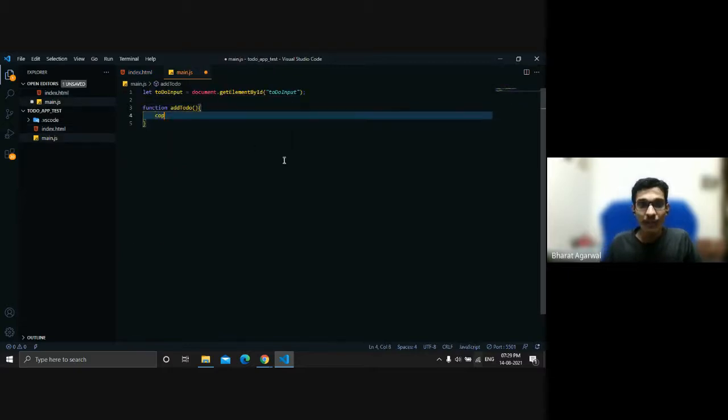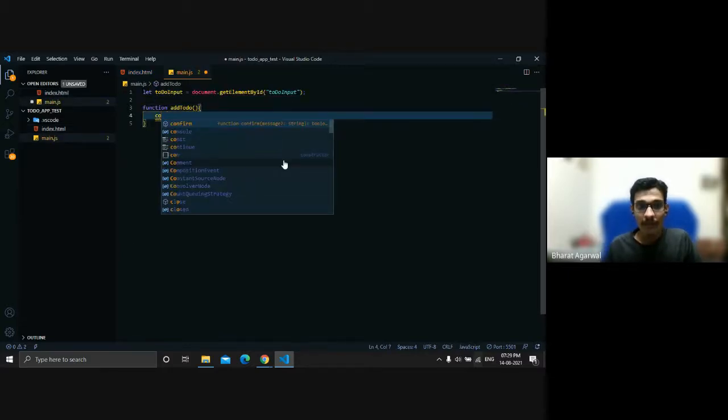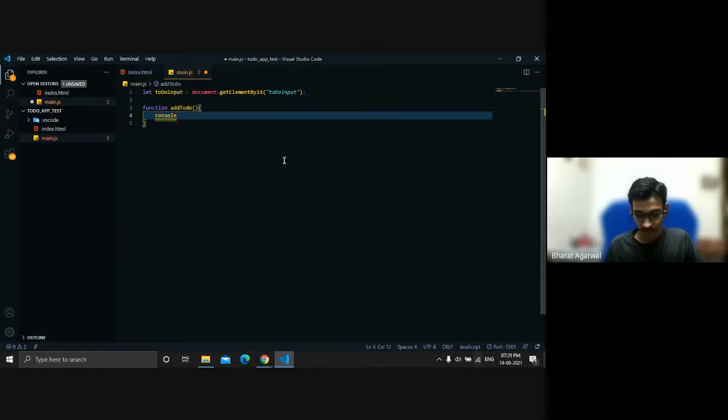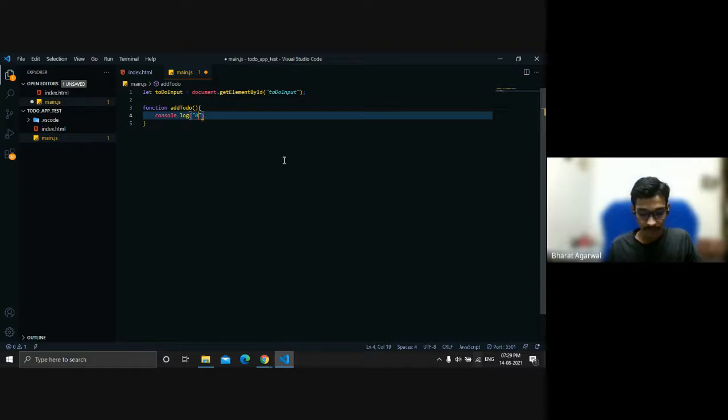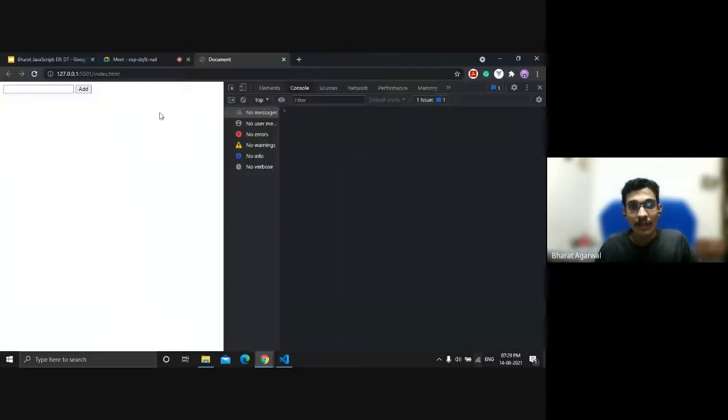Just to give you an example, if I refresh the page and click on add, you see 'button clicked'. As many times as I click on the button, it will keep calling that function. So that's how we can call the function.